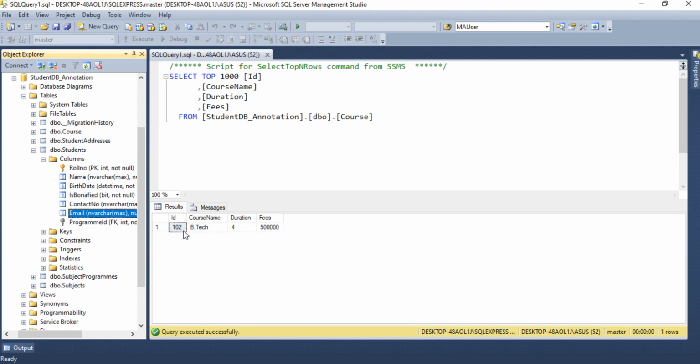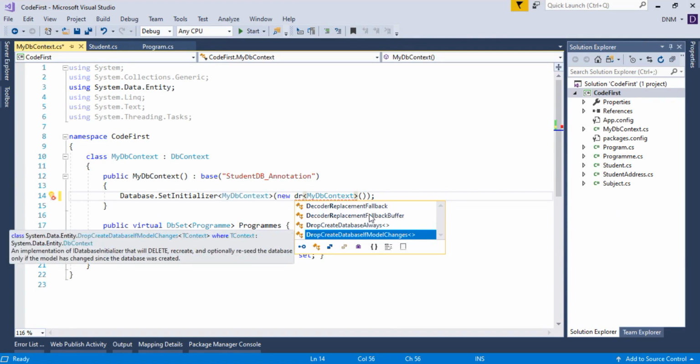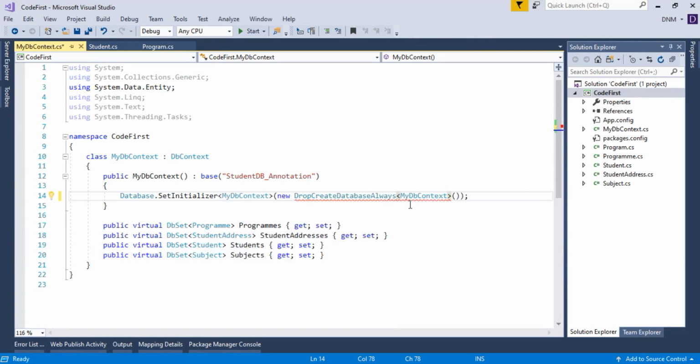Now let us try the third database initializer, which means always create a database, always drop and recreate the database. Switch to Visual Studio. Again, you have to make the changes only in your DB context class constructor. Here I have to say DropCreateDatabaseAlways, and again I have to pass my DB context class name, with the same method.